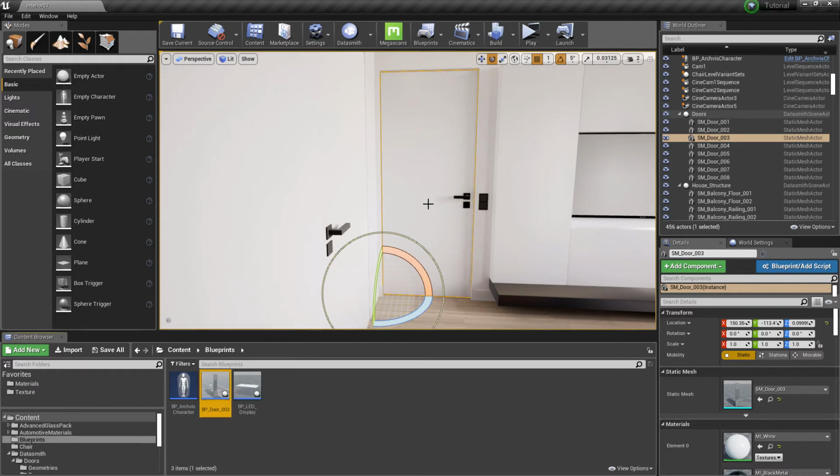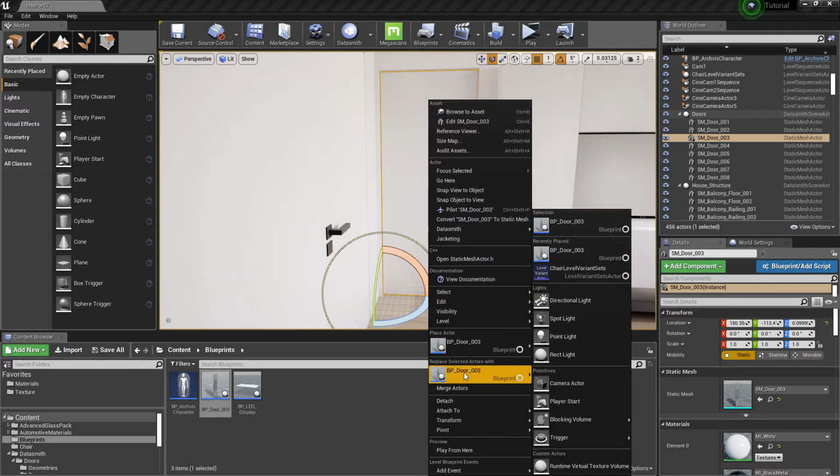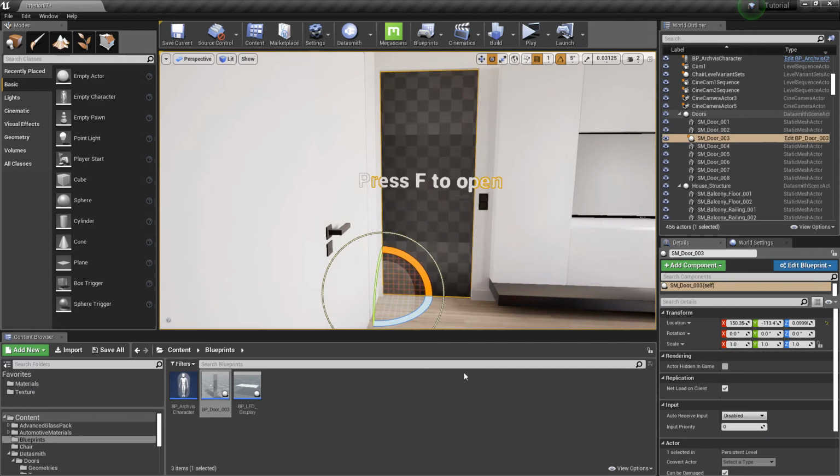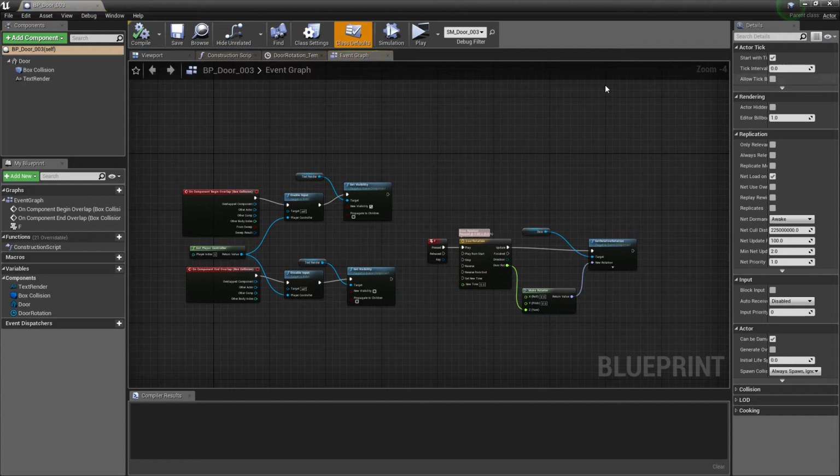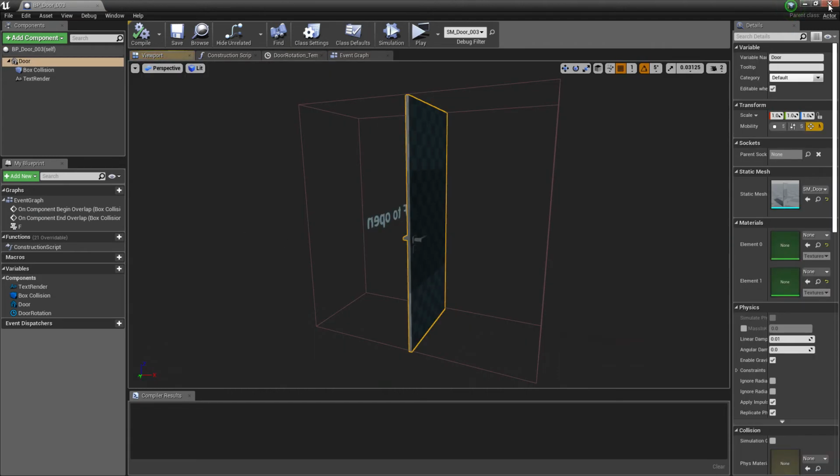Select the door in the viewport and the blueprint in the content browser and replace the door with the blueprint. Let's add the materials quickly.